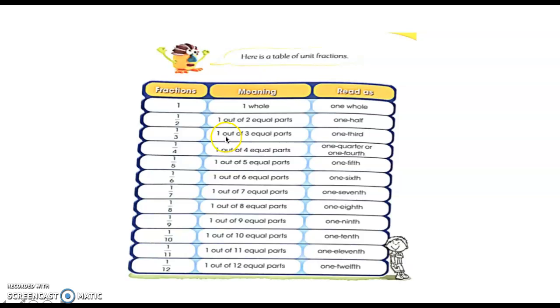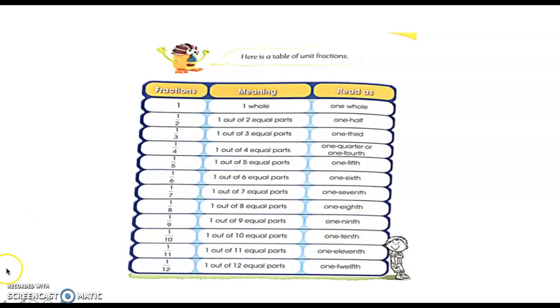So 1 out of 3, 1/3 or 1 over 3, and then 1 out of 4, I take 1 part out of 4, 1/4, this is another name if you're parting into 4, and then it can be 1/4 as well, 1 out of 5, 1/5, 1 out of 6, 1/6 or 1 over 6, 1/7, 1/8,